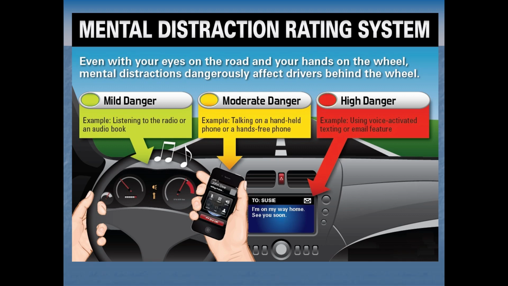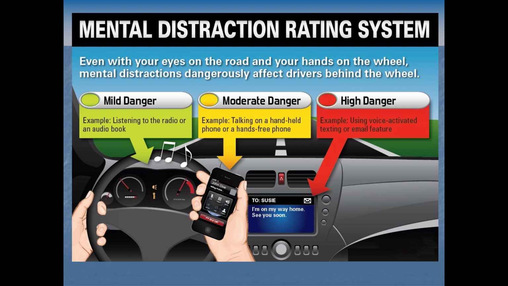It doesn't add that much distraction. One way to think of it is that it's easier for our brain to tune out the radio or to stop paying attention to the audiobook when something important happens on the road. Now, holding a conversation is a higher risk and more moderate danger, not because it keeps a hand busy, but because it uses our attentional resources. And a social conversation is much harder to tune out than the radio or an audiobook. Again, especially if it's something over the phone where the other person doesn't know to slow down the conversation when you need to process a busy road.